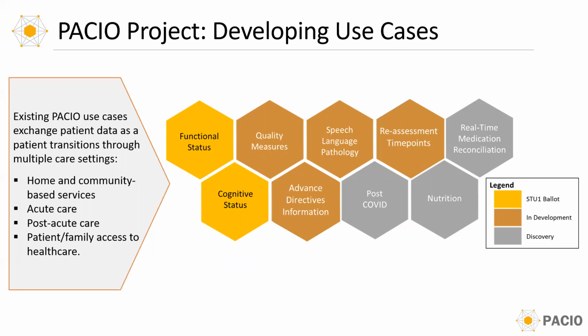process before community adoption. The PASSIO project recently has begun developing use cases for advanced directives, speech-language pathology, and reassessment time points. The PAC assessment questions and responses options within the CMS data element library were used as a foundation for the existing PASSIO IGs, and the workgroup constructed a use case for the exchange of patient data as a patient transitions through multiple care settings, including home and community-based services, acute care, post-acute care, and including patient family access